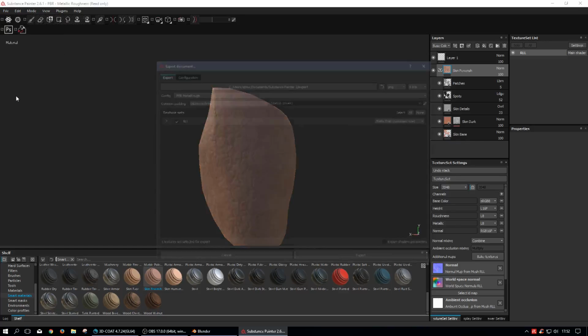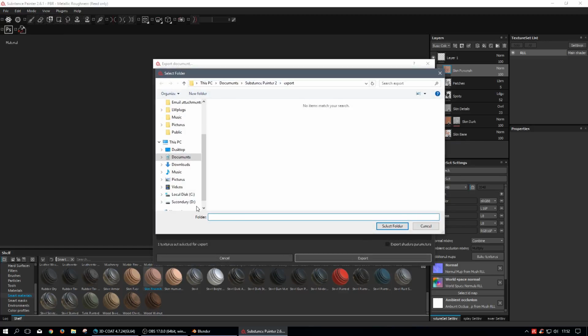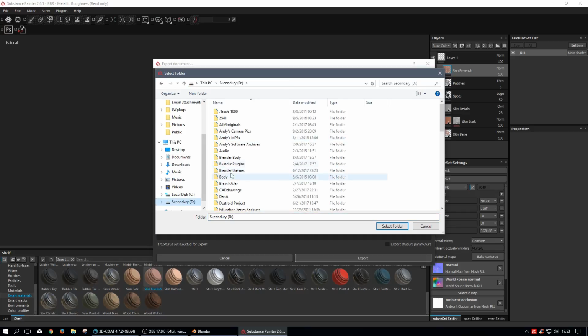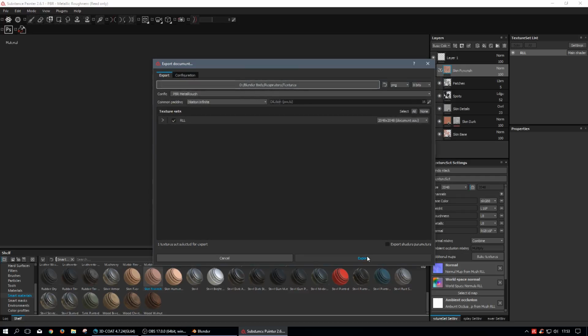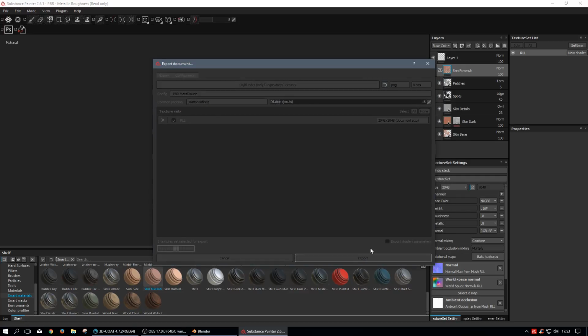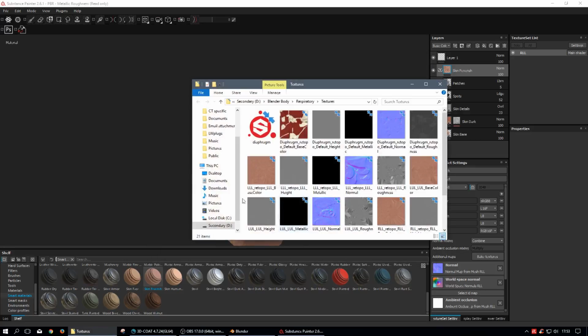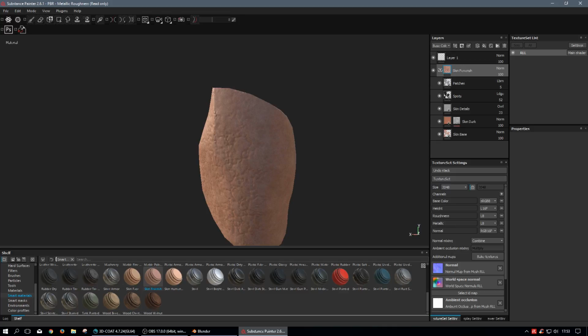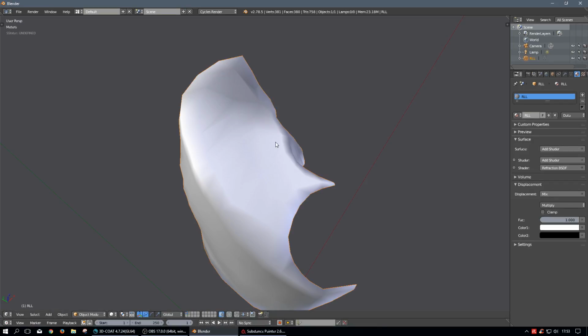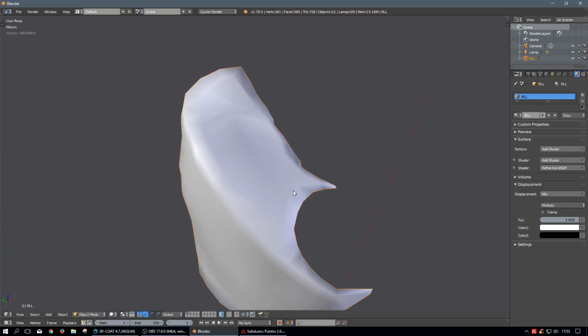We'll export these textures. We're going to export them back over to my body, which is in the respiratory system that we're dealing with here, and we're going to select that folder and export it. And so now all our textures should be right there, so that's pretty good. Usually I keep some of these things open. Alright, so